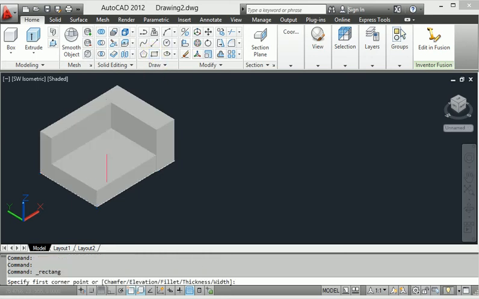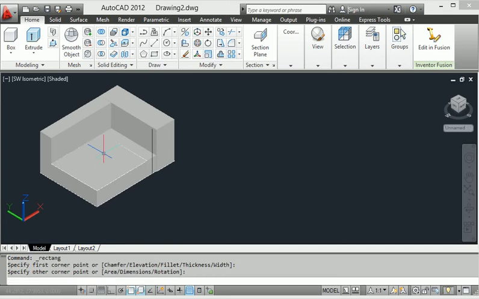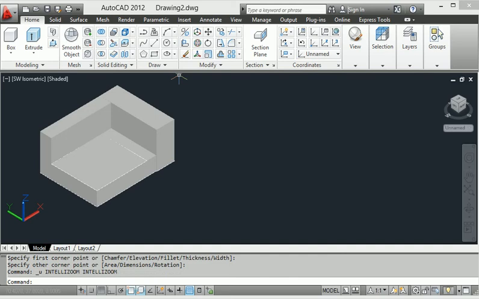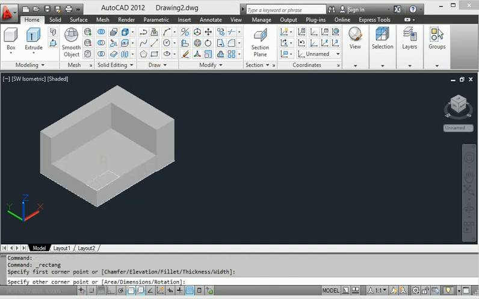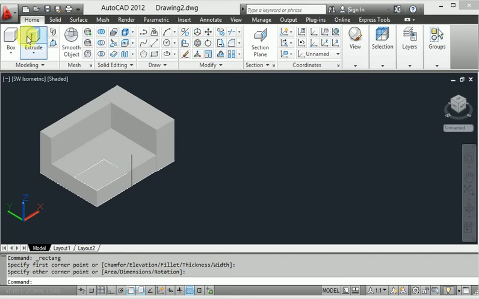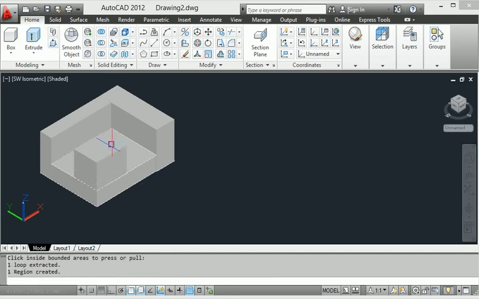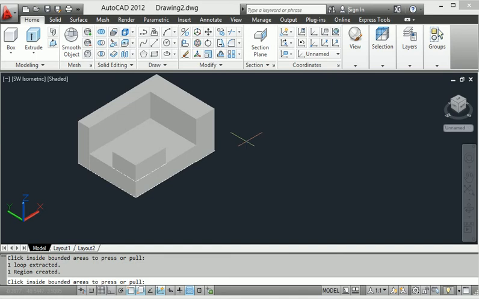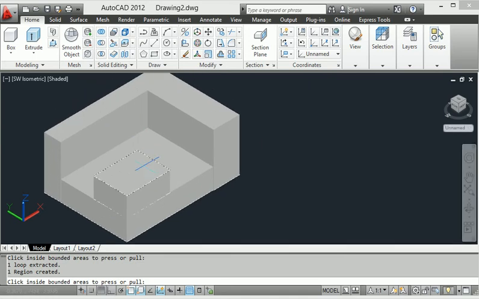So again I will create a rectangle. At this point I have made a simple rectangle, this one, and if I reduce it and make a simple small rectangle here, this one I will again use the press pull command. I will show you the press pull command in particular here. Okay, so it makes a different individual component.